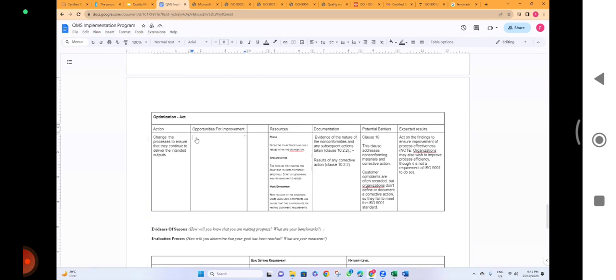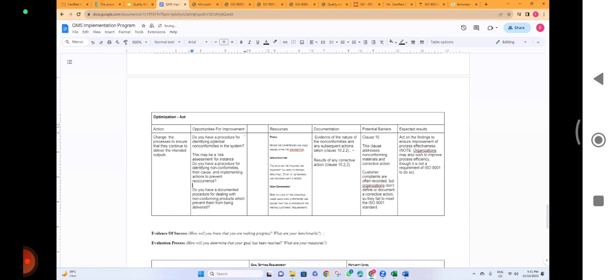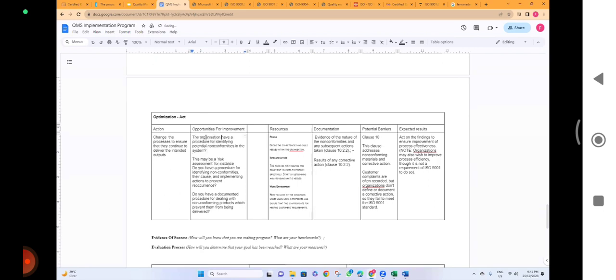Okay, then you just copy them right here. So like, do you have a procedure for identifying potential non-conformities? If this was not done, you can say the organization should have a procedure for identifying